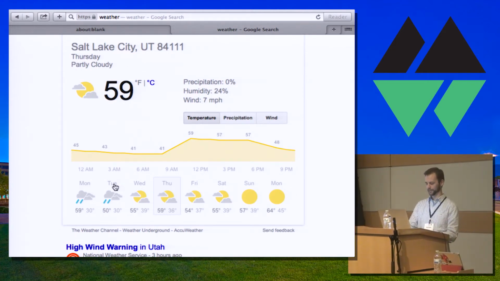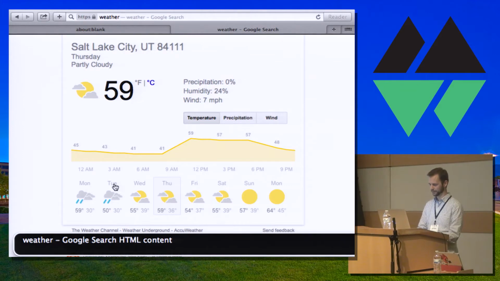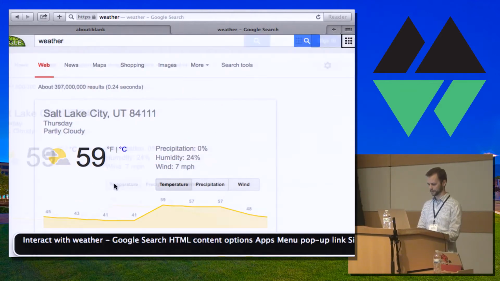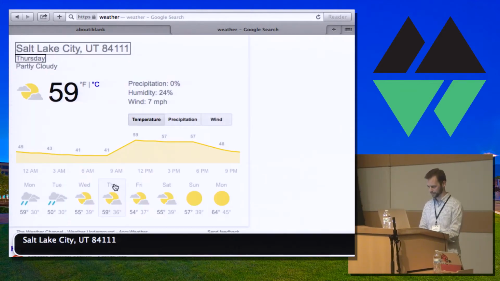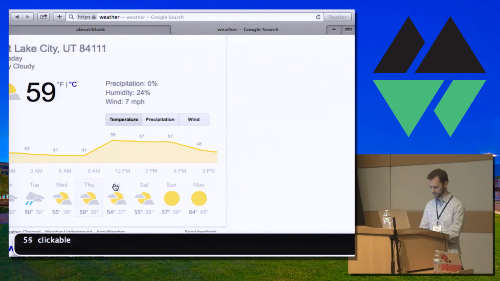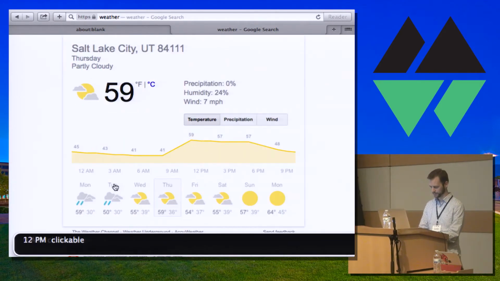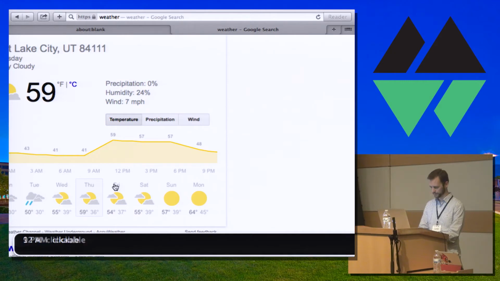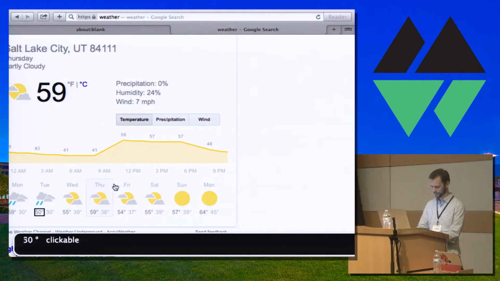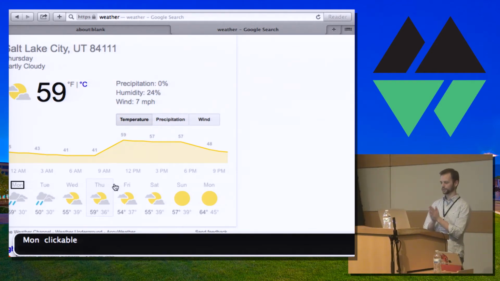Let me bring this back in. Voiceover. Weather. Google search. HTML. Interact with. Link. Weather. 9:12 p. 3 p.m. When? There we go. Chant. Mun. Clickable. Mun. 3. Tuesday. Oh, he's got Clickable. Tuesday. 3. Wednesday. Click. But Mun, I like that one. Mun. Clickable. Mun. So what's frustrating about this interface is that there's no way for me You to are skip